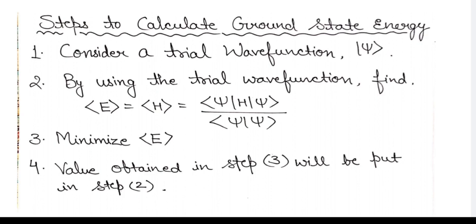So guys, I hope that this thing will now be clear to all of you, that what type of questions you can expect. So mainly in the previous years, the questions we had, in those questions they have asked us to find the ground state energy. Okay, so after reading the statement given in the question, you will easily be able to understand that this question is related to variational method. You will not have any difficulty in understanding or relating it. Clear? Also guys, the steps I have explained, and in the upcoming videos I will try to discuss some questions related to this. So these are the important things you all should know.